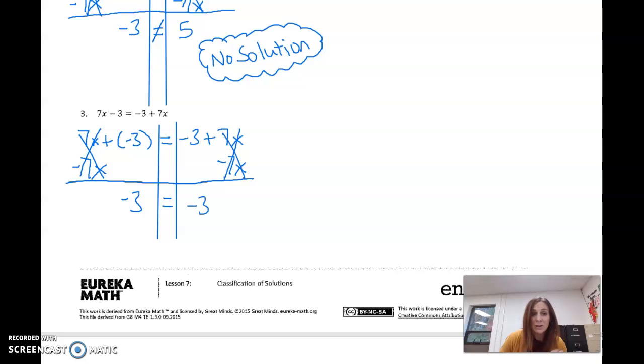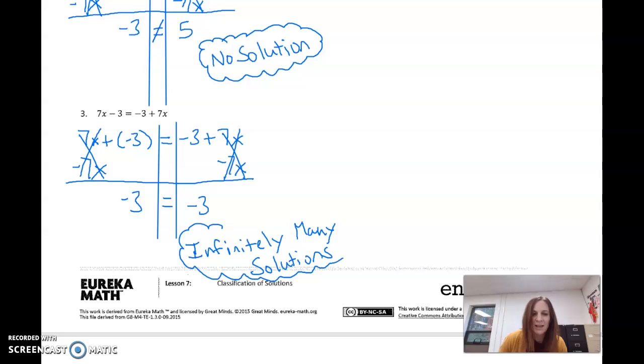That gives me 0. Now notice how this is a little different than this one. This was not true up here. Negative 3 doesn't equal negative 5. Does negative 3 equal negative 3? Yes. Okay. So this is going to have a different way. We know this is no solutions. What we're going to say here is actually infinitely many solutions. And the reason we're going to say infinitely many solutions is because notice that it's always going